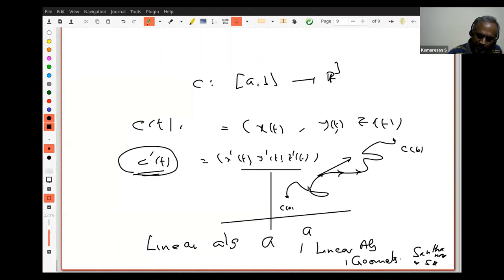But tomorrow we will have a short introduction to this in the next lecture, because I am going to tell you how to get to the tangent plane. It is going to be a plane which passes through two tangent lines on the graph surface. I will explain that tomorrow.